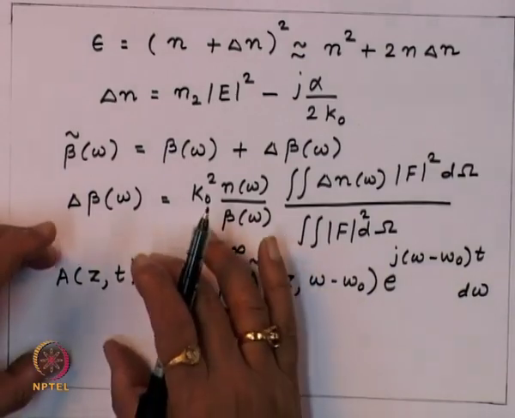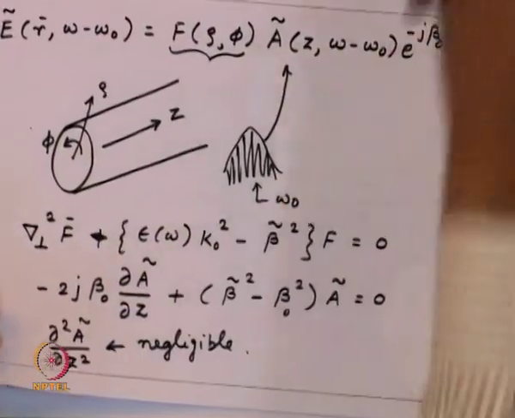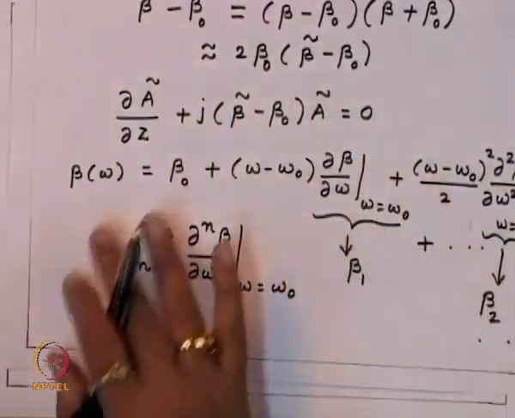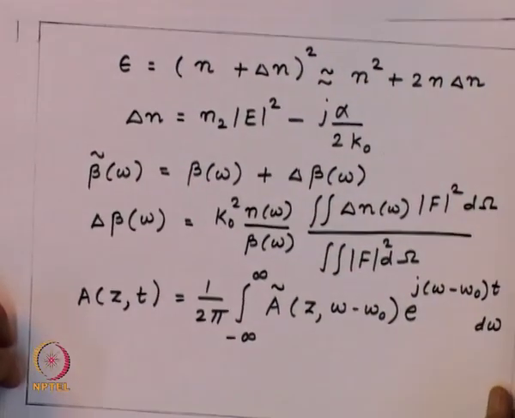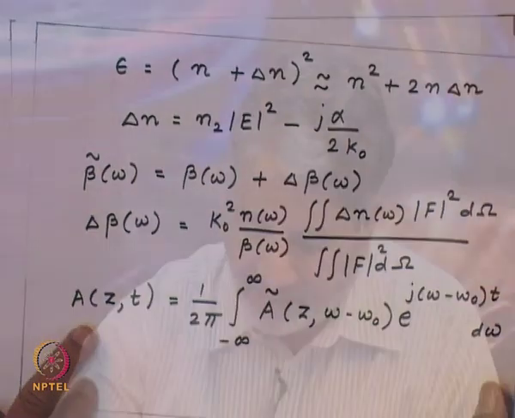And substitute this into this equation here, which we have got from all the various terms after expansion and so on, we get an equation in terms of this A, which is in the time domain,